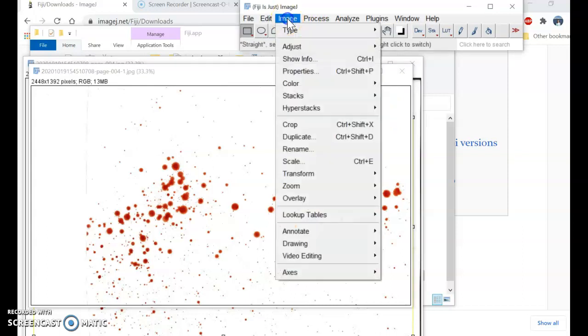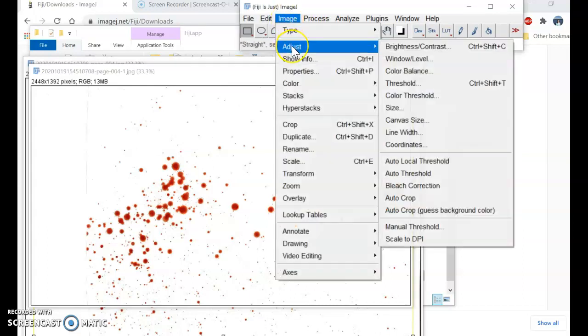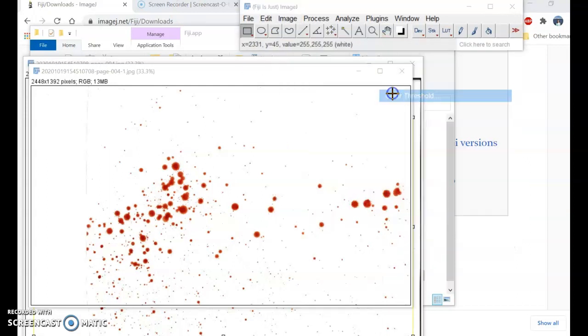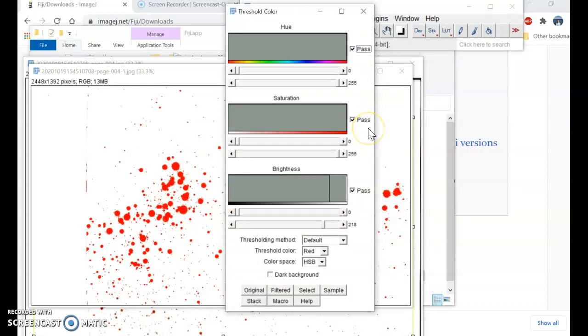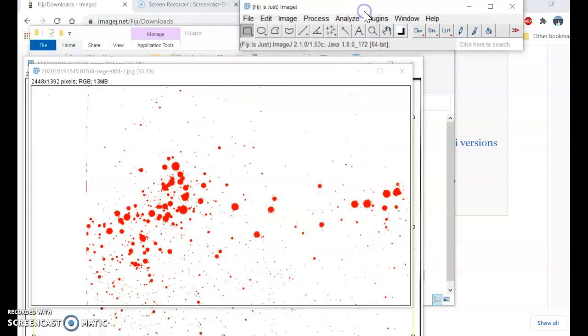First of all, I want to pre-process the image. Clicking Image, Adjust, and Color Threshold. Basically it will convert the image into something like a binary image, but still maintaining the color. So we're kind of removing the grayscale information, and we're just focusing on the margins. So you just click close, and then